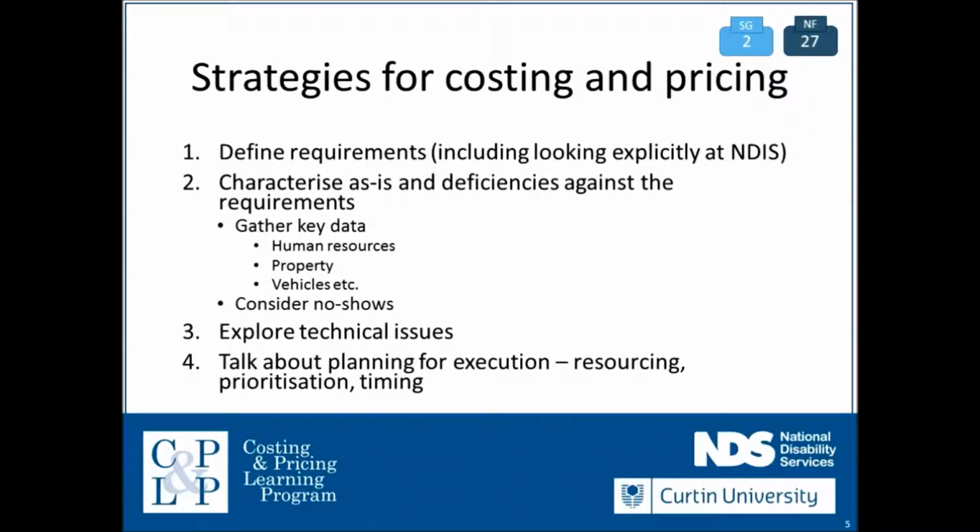We also gather information on the fixed asset register and work out which fixed assets are allocated to each service and how those fixed assets, in terms of things like costs of depreciation, might be allocated to particular service lines or units of measurement, as we've come to call each activity. There's other things that also need to be gathered, other pieces of information, which include things like what your actual activity levels have been traditionally or historically, including the numbers of no-shows that might affect your capacity to generate income